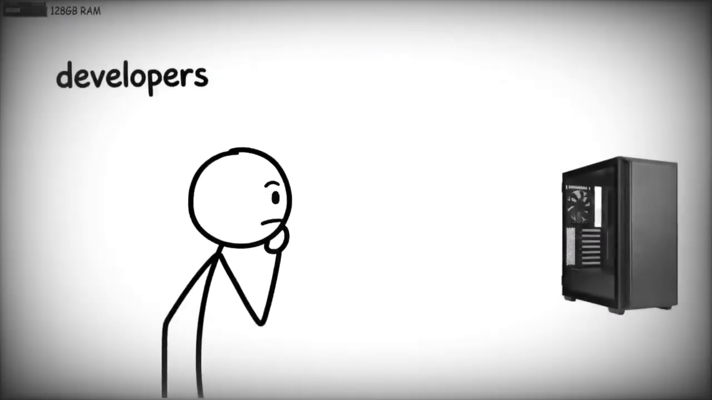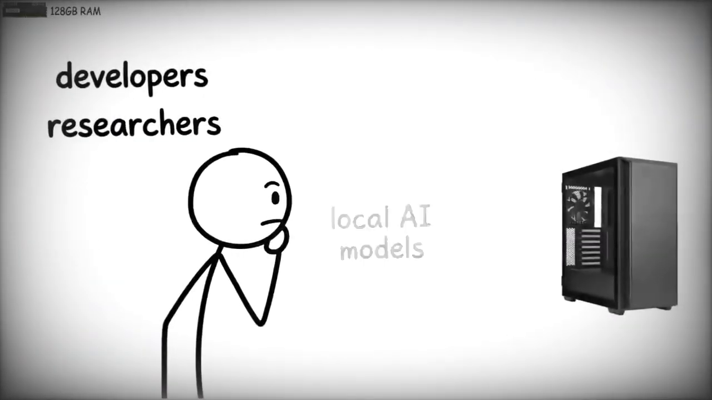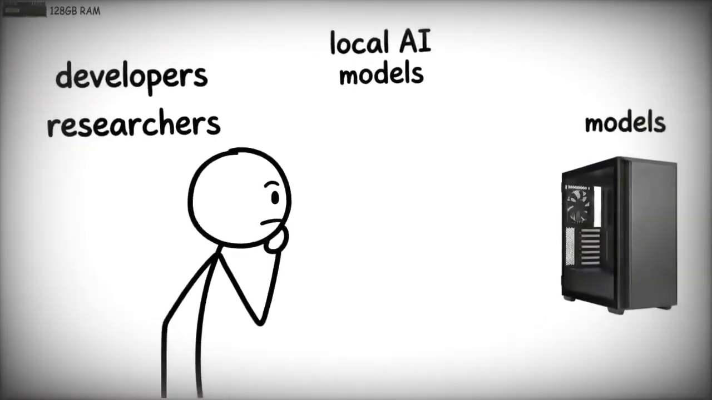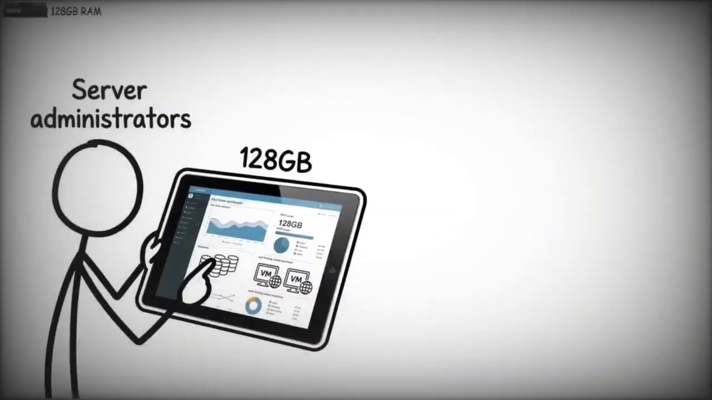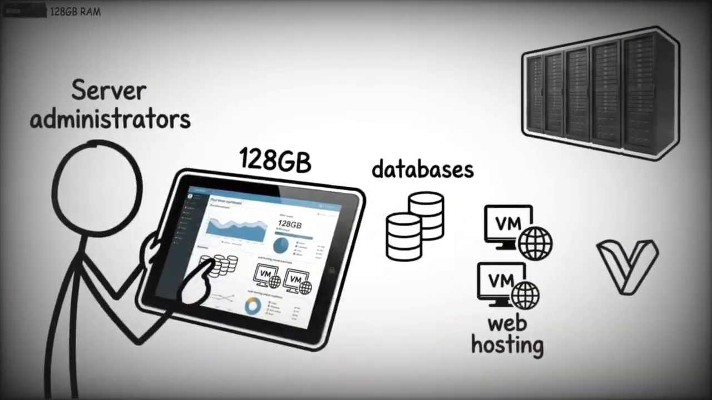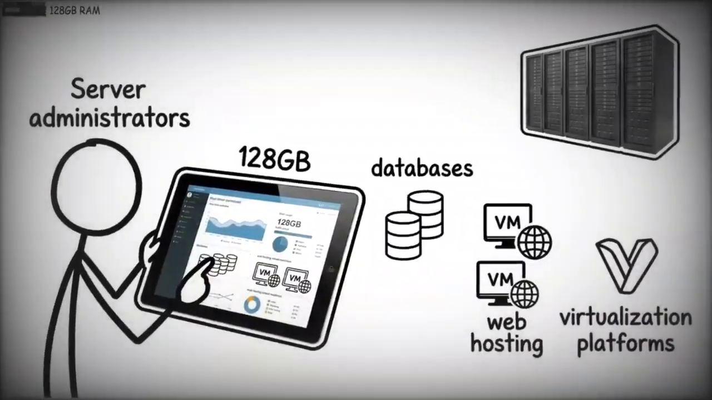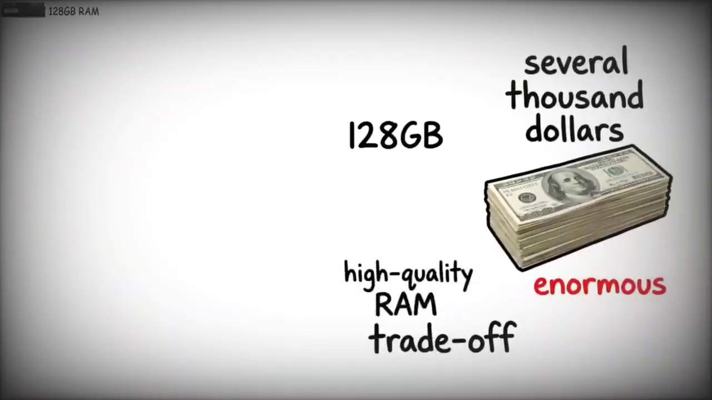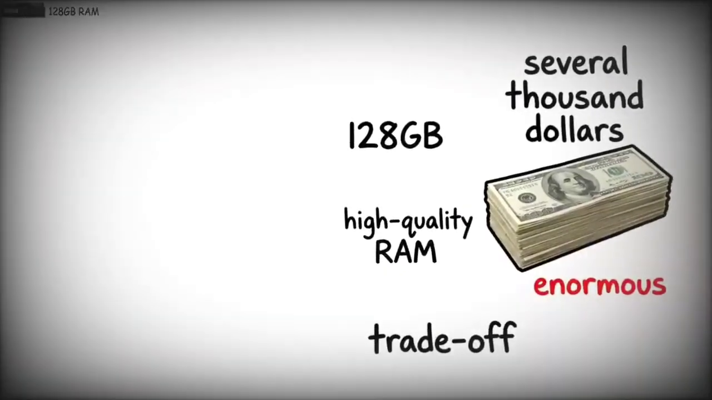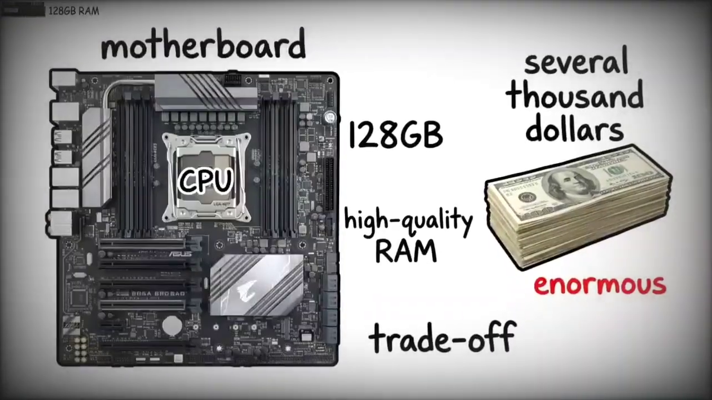It's also increasingly used by developers and researchers working with local AI models, since the biggest open-source language models can need 70 gigabytes or more just to run. Server administrators use 128 gigabytes for databases, web hosting, and virtualization platforms. The trade-off is enormous. 128 gigabytes of high-quality RAM costs several $1,000s and requires a specific motherboard and CPU that